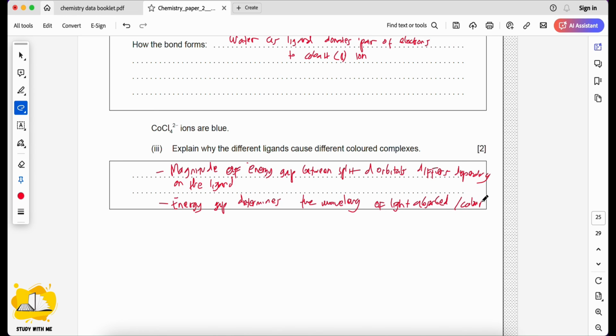Okay, different ligands cause different colored complexes because they affect the magnitude of the energy gap between split d